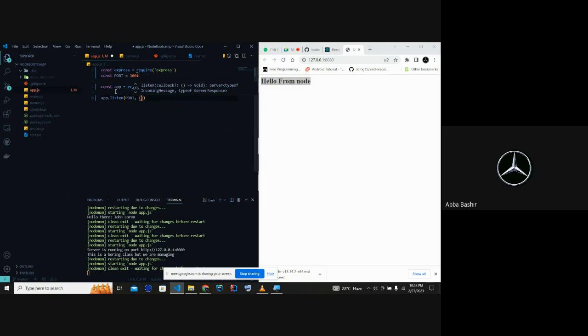Then we call this callback, and I'm doing my console log like that. Then we use our backtick. Server is running on